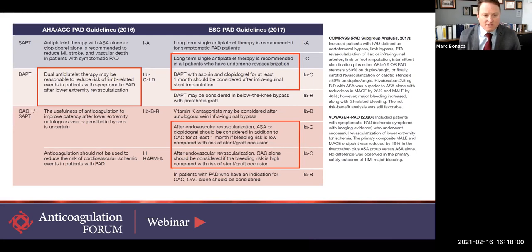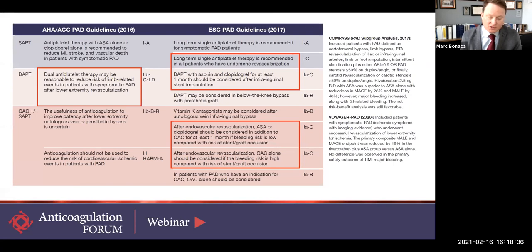And then you can see for oral anticoagulants, there are differing levels of evidence. You can see that in the European guidelines, there is a recommendation for vein graft. And then you can see for endo, you might do oral anticoagulation. Now, the one thing I want to say here is that oral anticoagulation is different than dual pathway. Oral anticoagulation in these guidelines generally refers to therapeutic vitamin K antagonist therapy. And that was studied in a trial called the WAVE trial for MACE reduction.